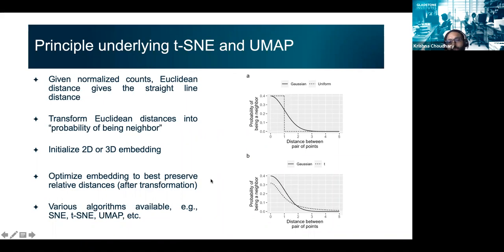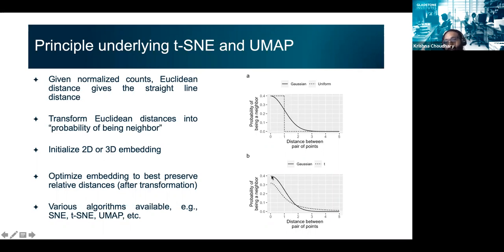Basically, the realization in t-SNE was that when we project the cells, if we use the same kind of notion of distance in higher dimensions and in lower dimensions, and we want to preserve them identically, then a problem of crowding appears. In higher dimensions, there is a lot more volume than in 2D or 3D. So any cell can have a lot more neighbors in higher dimensions than it can in 2D without our plots looking crowded. So that is the kind of problem being solved in